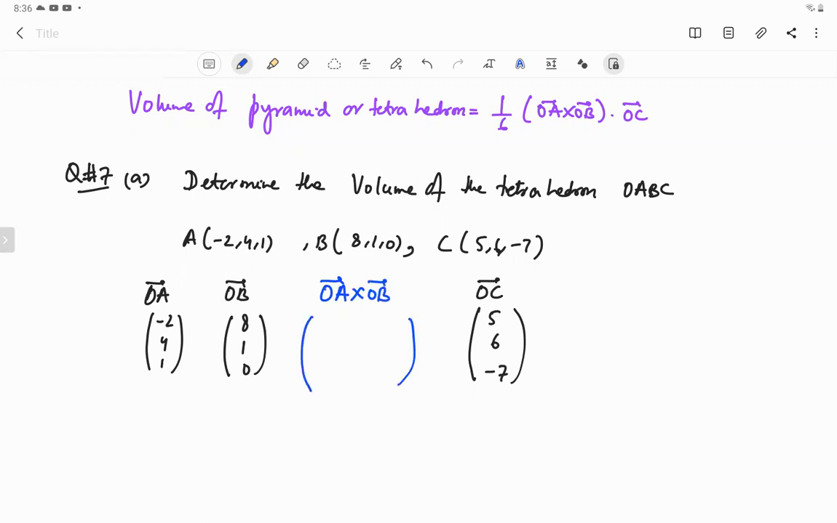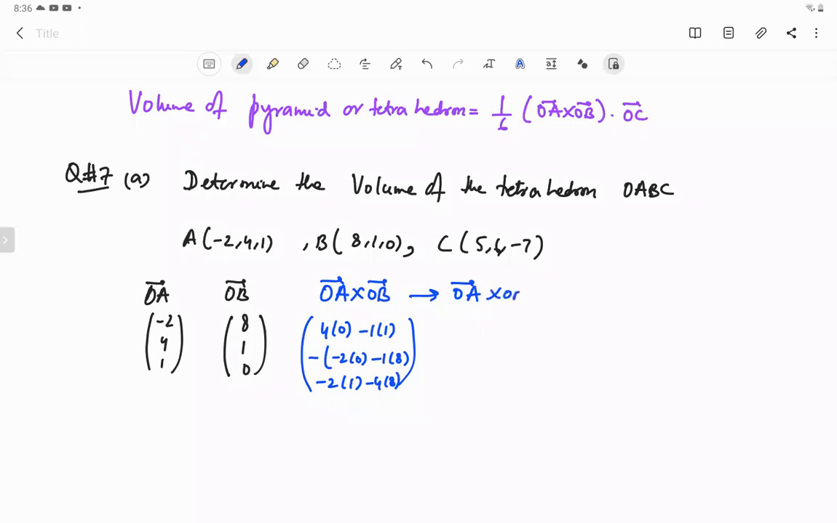Okay, OA cross OB. 4 into 0 minus 1 into 1, minus minus 2 into 0 minus 1 into 8, and then minus 2 into 1 minus 4 into 8. And when we simplify it, OA cross OB upon simplification turns into (-1, 8, -34). Okay, this is OA cross OB. Now, OC is